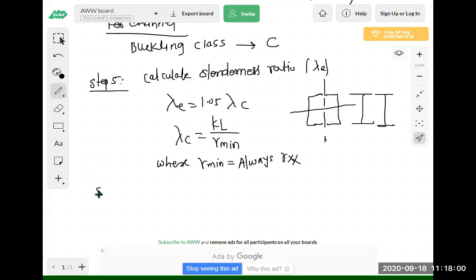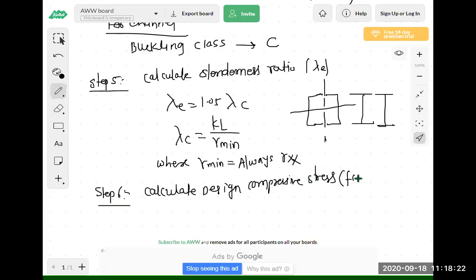Now step number 6. Step number 6 is calculate design compressive stress. That is nothing but fcd. So how we are calculating fcd? So here we have to go always table number 9C. Table number 9C, because